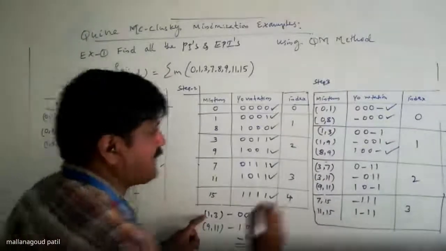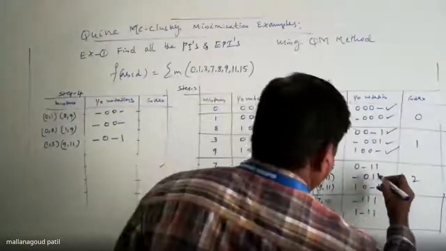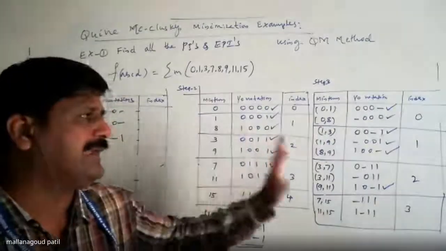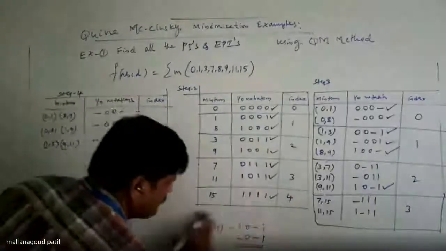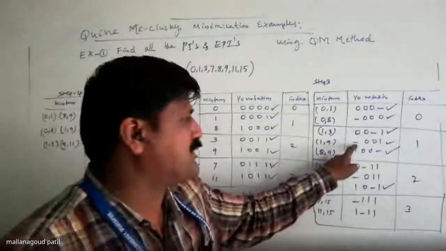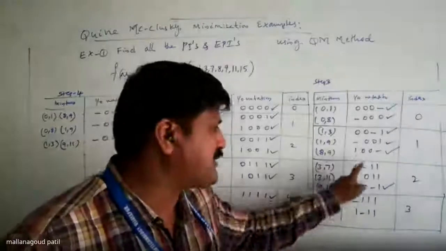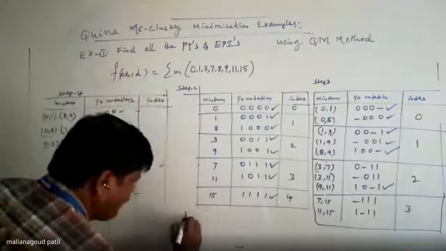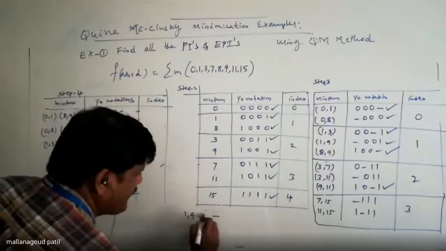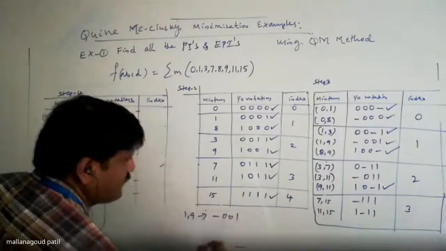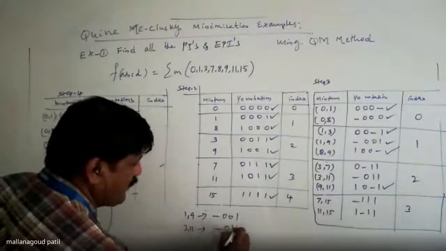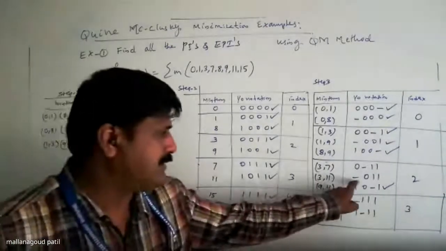Now we have to mark 1, 3 and 9, 11. It's okay. Which one is over? 1, 3 is over in index 1. 1, 9 you can check. 1, 9, how is it? First bit is dash. Check any first bit dash in index 2. 3, 11 is there. Then you have to write the 1, 9 representation as dash 0, 0, 1. Which has first bit dash in index 2? 3, 11. The 3, 11 representation will be dash 0, 1, 1.